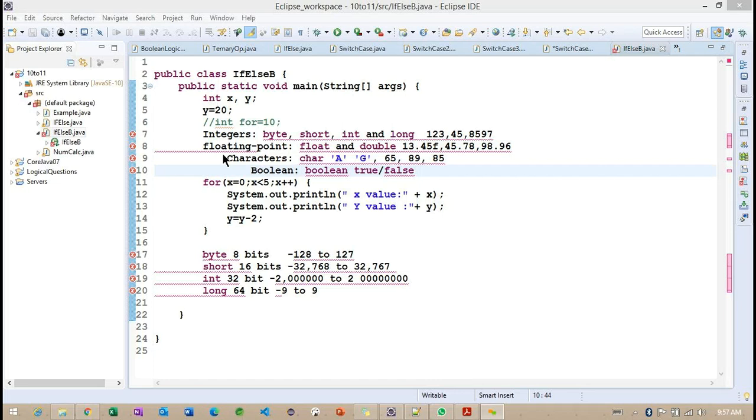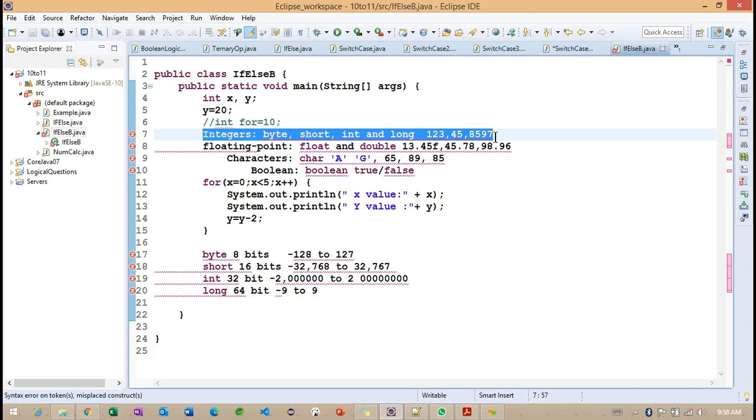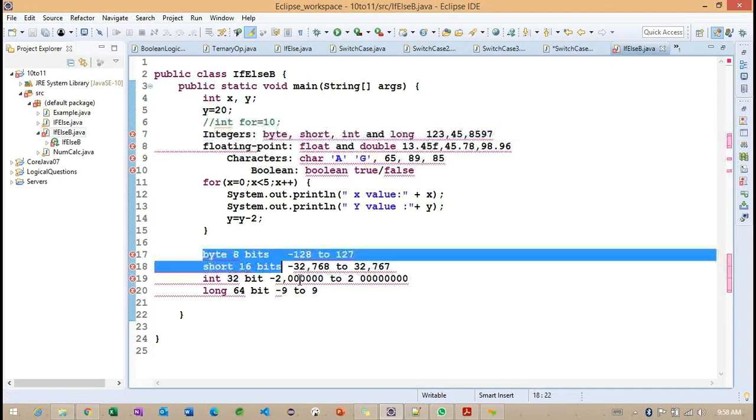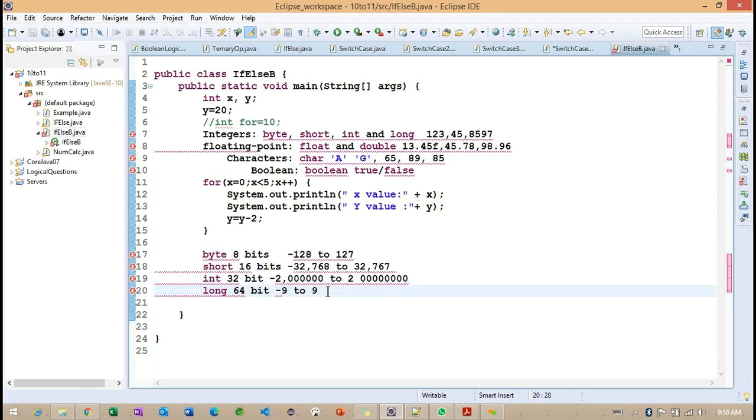So basically, in the last class, we discussed the range of each data type. The data types we discussed fall into some categories. We have 4 categories. What are the categories? Integer and floating point, characters and booleans. And in that, we discussed the integer section. Inside this integer section, we have some data types with their bits and range. We discussed the range in the last class.